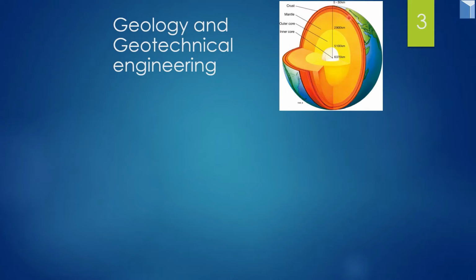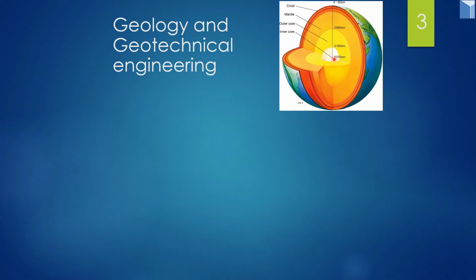Below it is the mantle, which contains rock materials under high pressure and temperature, dissolved materials. And we have the outer core, which is in a liquid state and composed of iron under high temperature and pressure, and the inner core, which is the sphere that